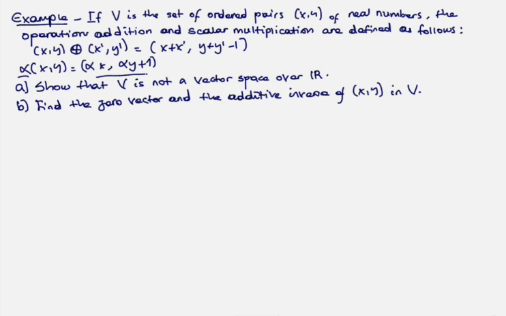ማለትም ምንድነው ቬክተር ስፔስ ላለመባል ከ10 አግዚየሞች አንዱን አግዚየም ሳቲስፋይ አለማድረግ በቂ ነው። ግን ለክላሪፊኬሽን 10ሩንም አግዚየሞችን እንገልጻለን። የትኛውን ሳቲስፋይ ያደርጋል የትኛውን ሳቲስፋይ አያደርግም የሚለውን እናያለን። ከዛ ሁለተኛው ጥያቄ ደግሞ find the zero vector and the additive inverse of (x, y) in V ነው የሚለን። እሱንም የምናይ ይሆናል ማለት ነው። ወደ ሶሉሽናችን ስንሄድ let's say we have u is equal